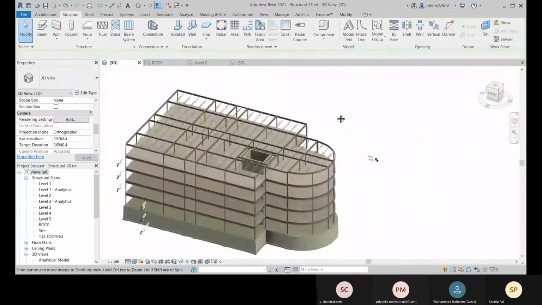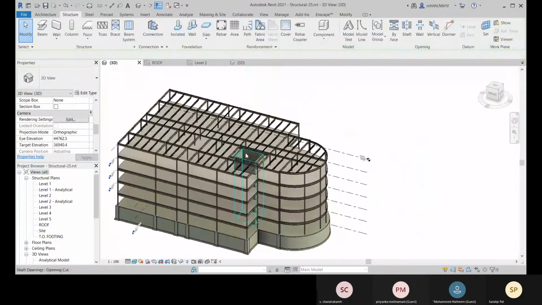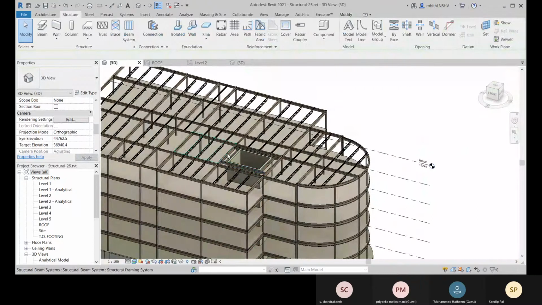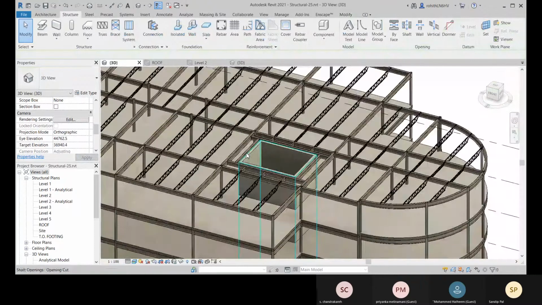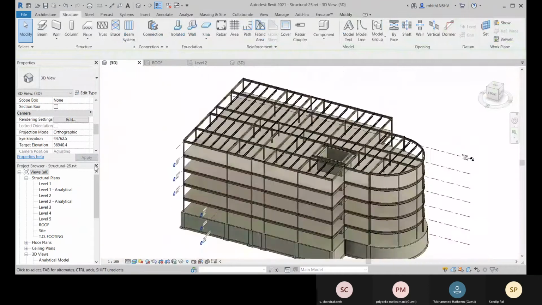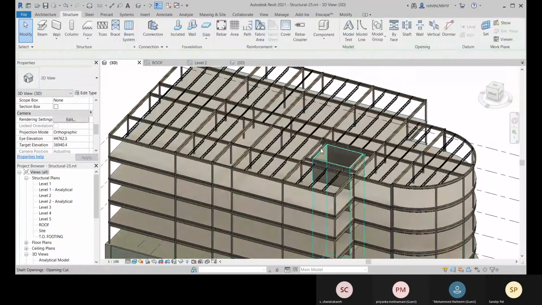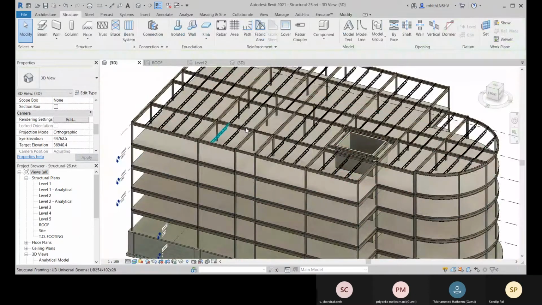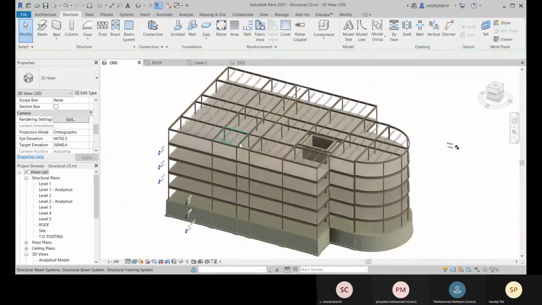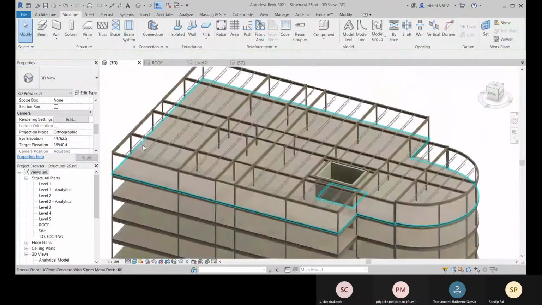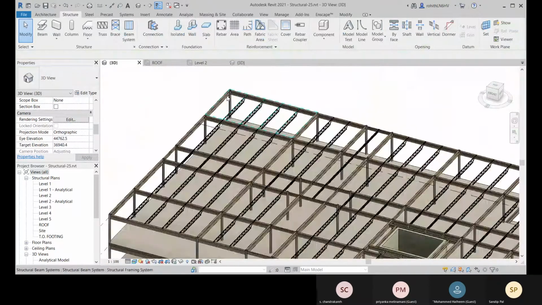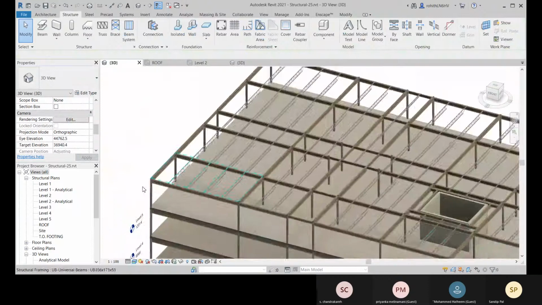You know that the girder is the one which carries the maximum load and has the longer span, and joist has the shorter span than the girder. So this one I have defined as a joist. You just select it and change the structural usage. Okay, and now you are ready to place your slab there.